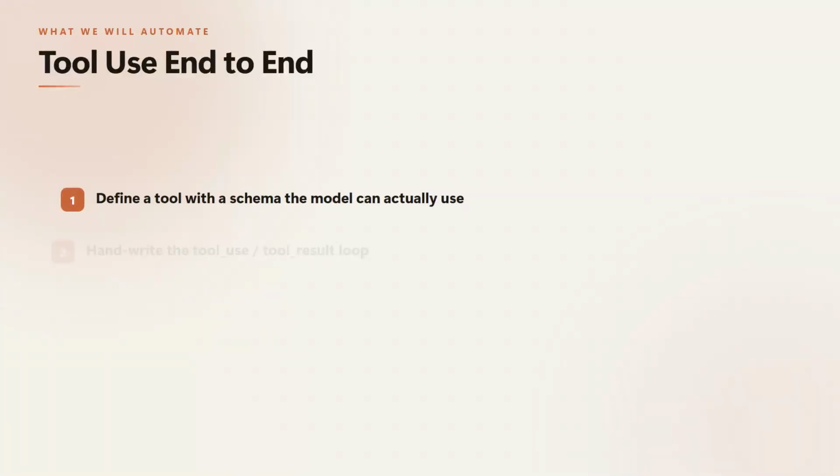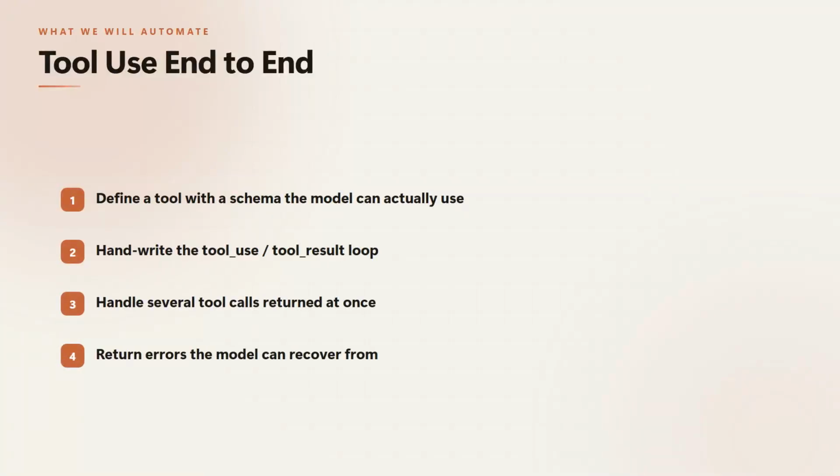We start by defining a tool with a schema the model can actually use, so you can shape exactly what the AI calls. Then we handwrite the tool use and tool result loop, giving you full control over the exchange. Next, we handle several tool calls returned at once, because real workflows often need parallel actions. After that, we return errors the model can recover from, making your automation resilient. By the end, you walk away with a complete, reusable loop that turns any function into a tool the model